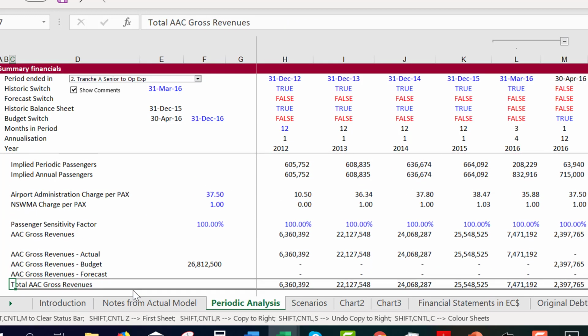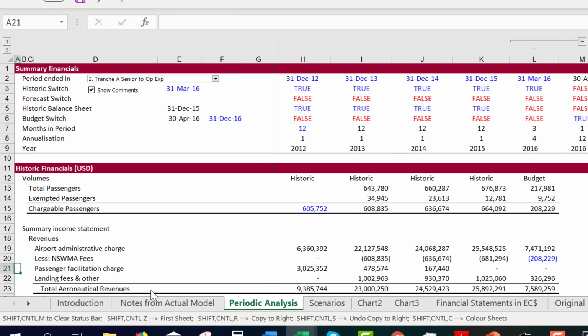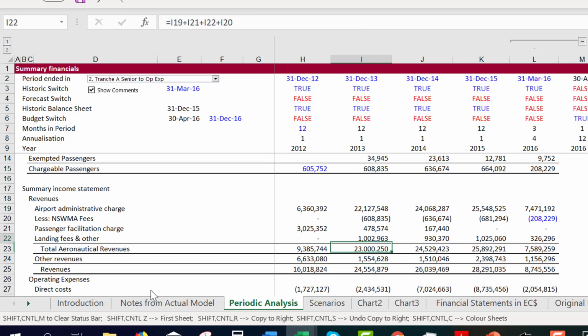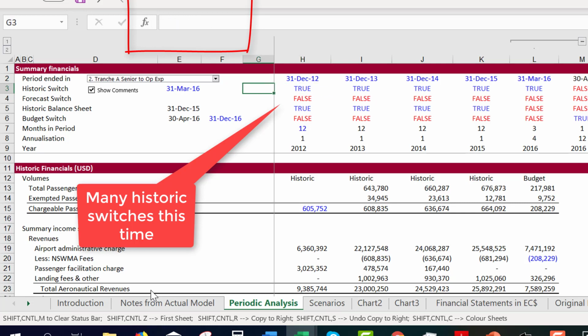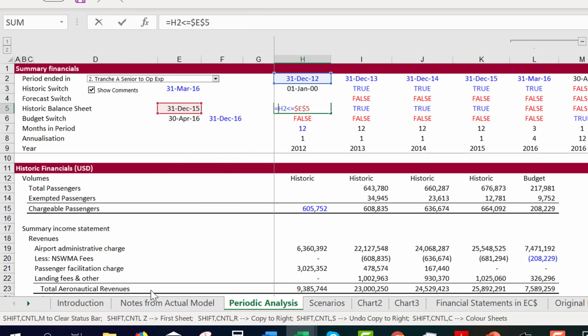So here's how I structured the model just a little bit differently. We have some historic and some budget, just like I showed you. Okay, and then for all the switches or flags, I put, here, why don't I do this? I'm just going to show you a little generic macros on the way. Most of the world doesn't like true and falses, so I'm going to multiply these by 1. Okay. Oops, that one I can do myself. And I'm trying to do just a little bit of Excel for you here.